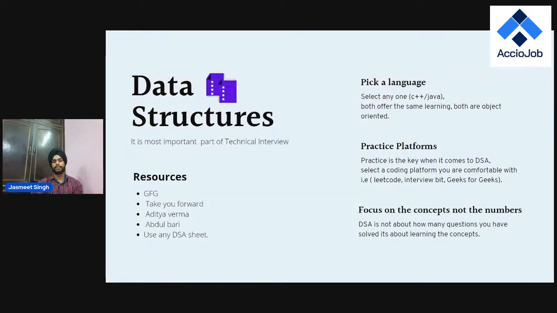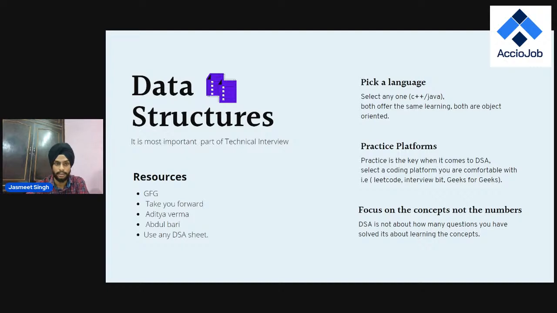For practice platforms, you can use LeetCode. I would suggest LeetCode because it has a great community. You will get a discussion page where you can learn from other people how they approach a problem, what their mindset was while solving it, and how they build a solution from brute force to the most optimized one. They also have various blogs regarding the questions, the concepts, and the algorithms. So that's my recommendation, you can surely use LeetCode. Also, you can use InterviewBit and GFG. They are equally important.